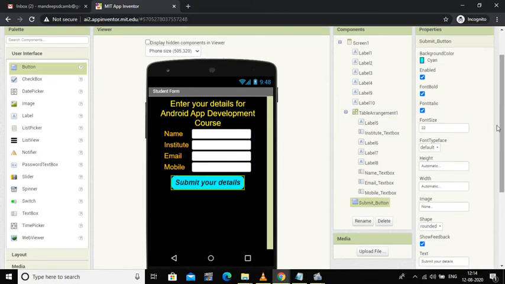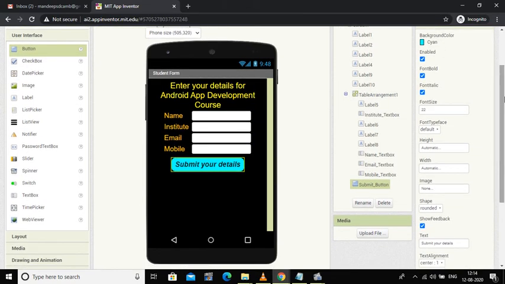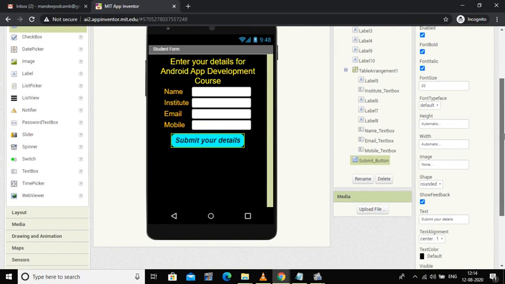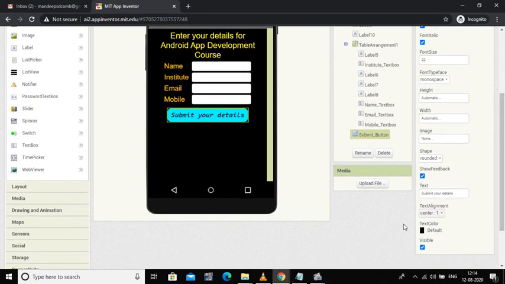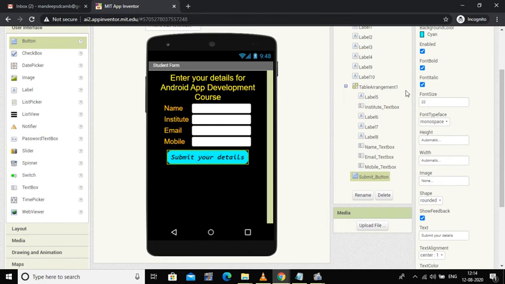For this I have changed the background color, made it bold, italic, size is 22, and if you want to change the typeface from monospace to another, you can do that. And then at last I have used the text color as black and the alignment is center. So in this way I have designed this form.